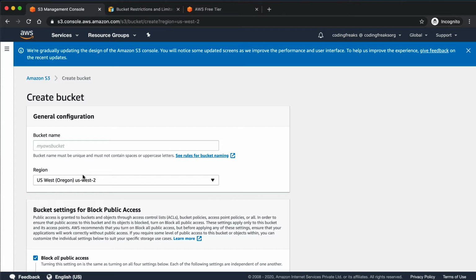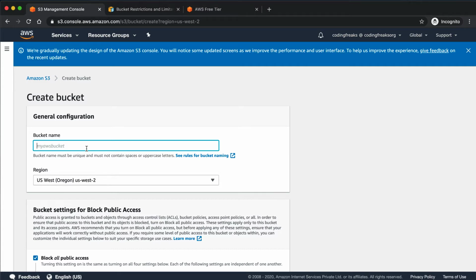But it is a global resource, so the name of your bucket has to be unique across all of the AWS S3 buckets. Say you want to have a name of ABC and that name is already being used by someone, then you won't be able to do so. So the gist of this is that your AWS bucket name has to be unique globally.